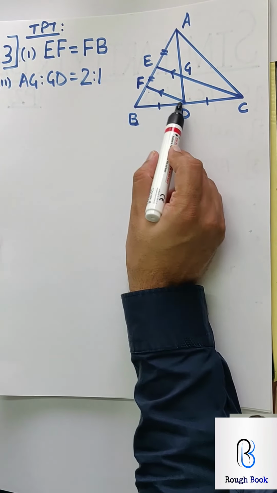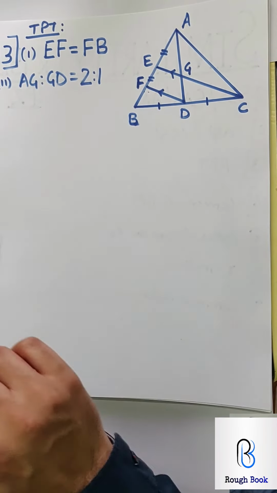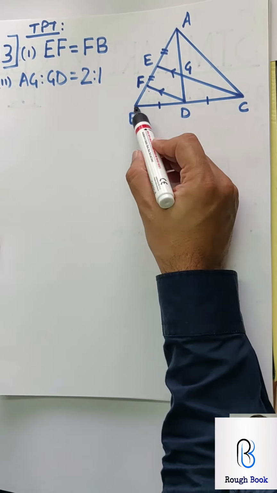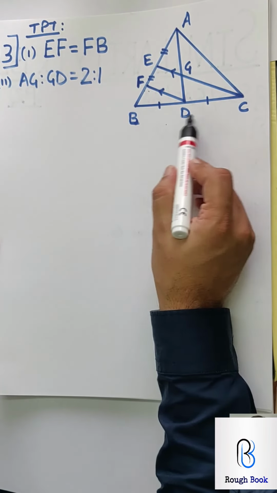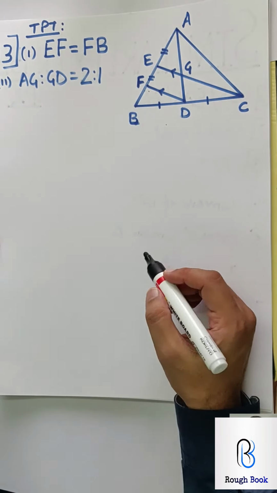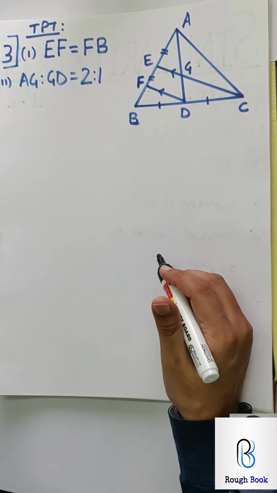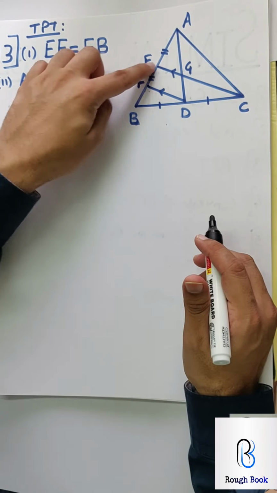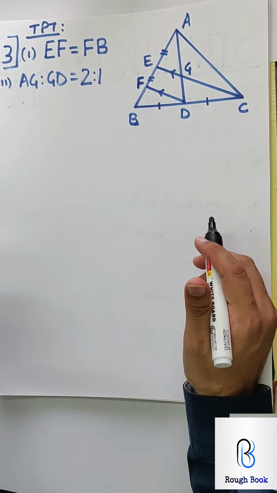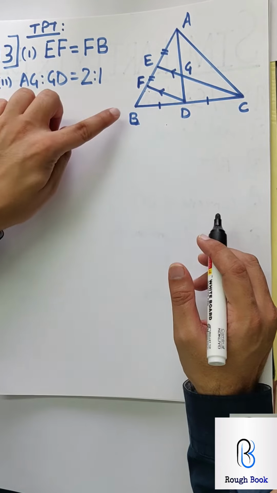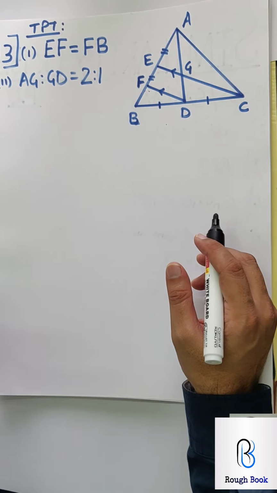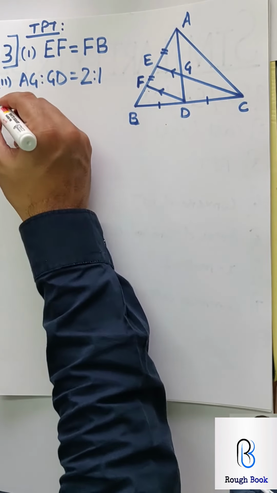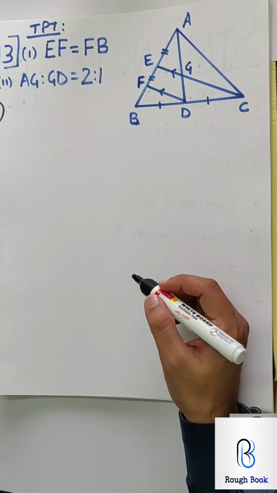If you see FD is given parallel to EC, that gives you a clue. If this is parallel, then you can say BD upon DC equals BF upon FE. If these two are equal, these two are also equal, and you're sorted. So you have to pick up the correct things that have been given to you and sums will become simple for you. So come on. Step 1, in triangle BEC, FD parallel to EC. Step 2, BD upon DC equals BF upon FE. And step 3, then you can say this is equal to this, therefore this is equal to this. So come on, start writing that much at least. Then we'll talk about AG and GD.